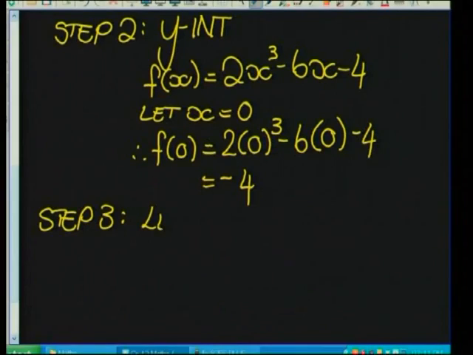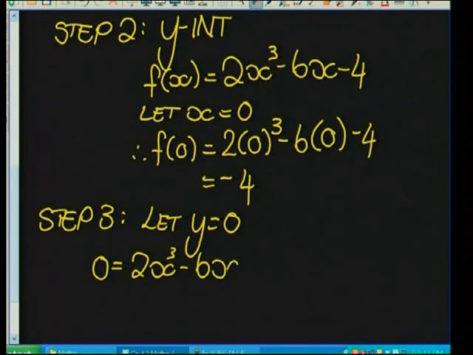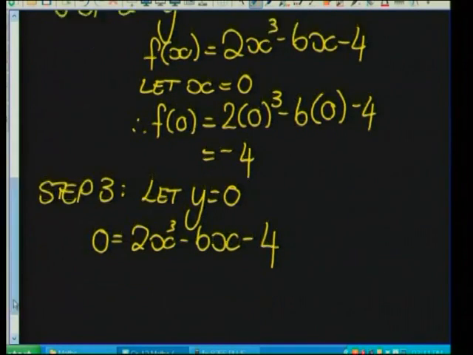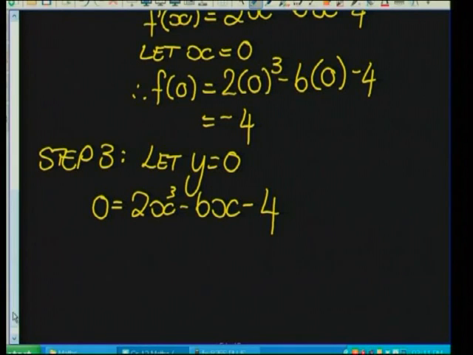So to work out our x-intercept, we are letting y equal 0. Now that gives us a sum that looks like this: 0 is equal to 2x cubed minus 6x minus 4. Okay? When we are solving a question like this, one of the first things, please, to always look out for,